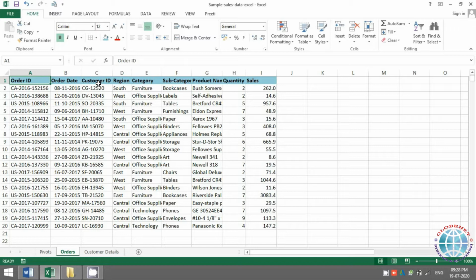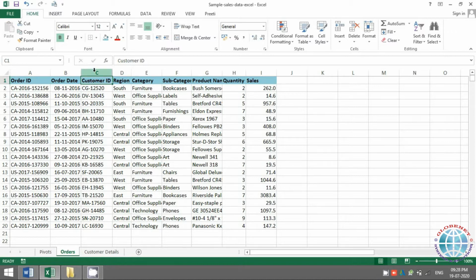It will depend. As of now, I'm having another sheet which has some customer details, and in this data we just have customer ID. Ideally, the data is usually preserved in such a way that you do not have many columns in one sheet, and hence they would give some IDs in a particular sheet.